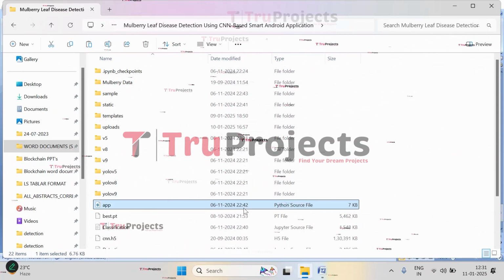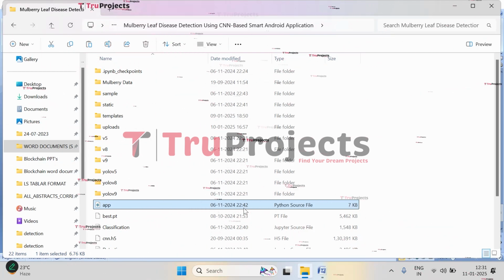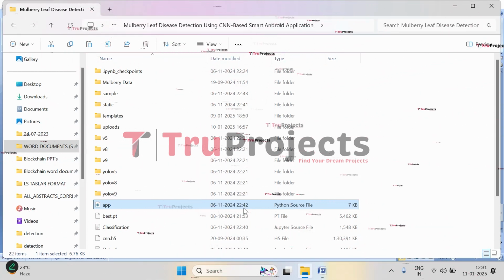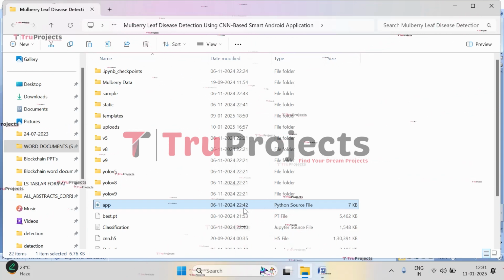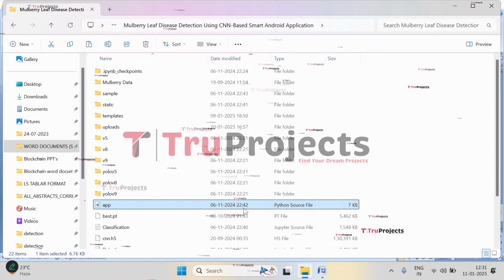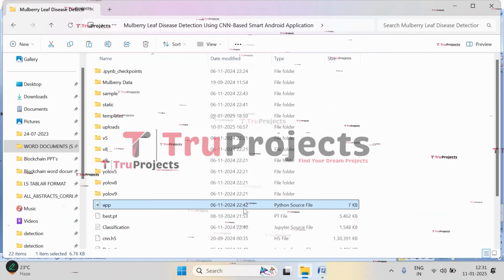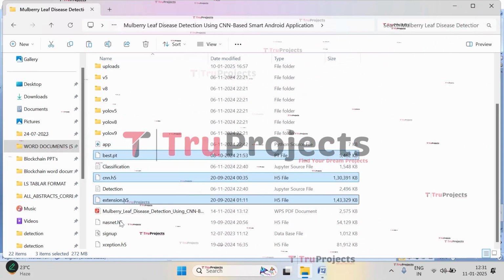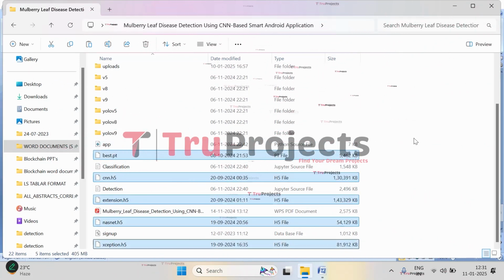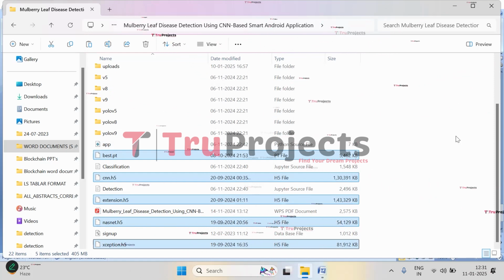This .py file contains the information related to front-end logic. It includes code written in Python that handles server-side operations such as processing user requests, interacting with the database, and generating content to be rendered in HTML templates. And here we have model files. These are the model files which contain the algorithm information, and these will be loaded into the project code